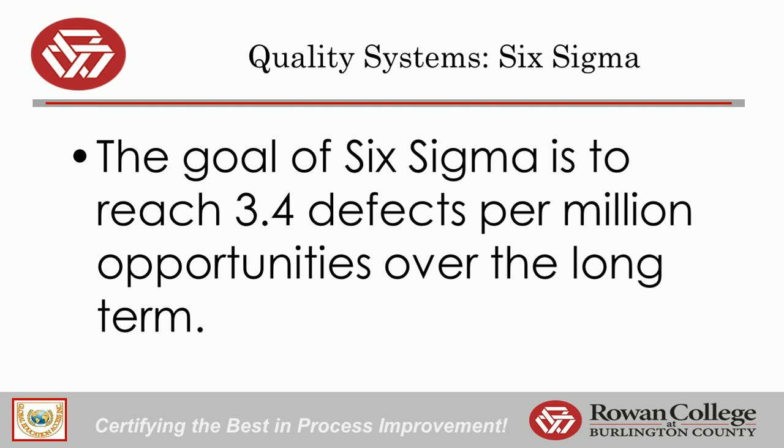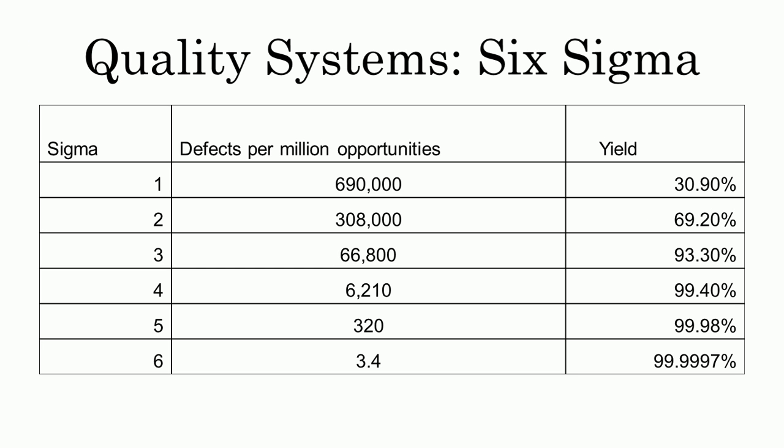Here's the ultimate goal for Six Sigma, and that is that we would be able to only have 3.4 defects per million opportunities, and that's over the long haul. And this is a chart which shows what the difference in each Sigma rating of our process would be. At a Sigma 1, we have